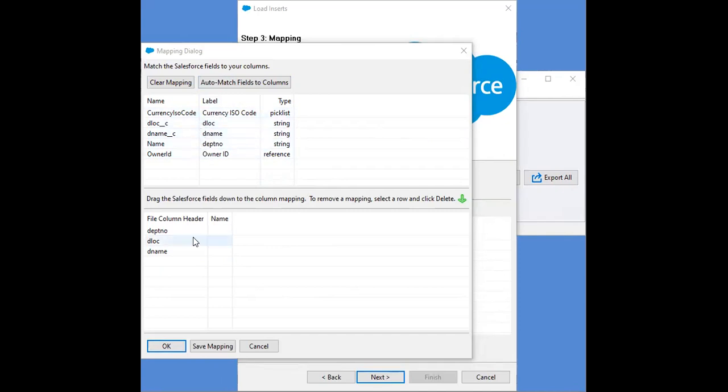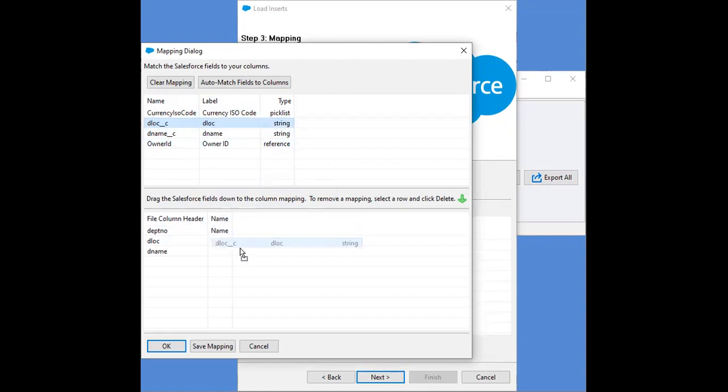Here, department number. You have to use auto mapping or create a mapping. Department number, and then department location is there.